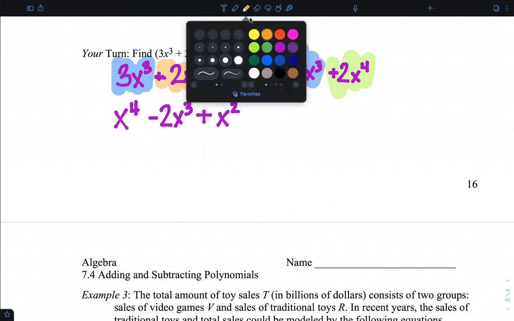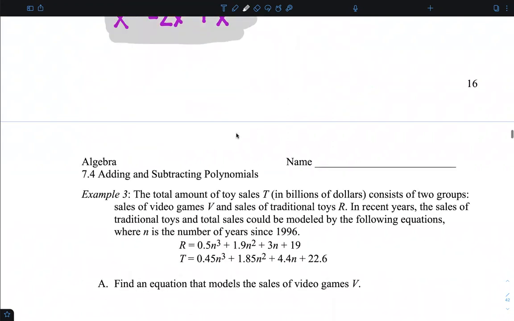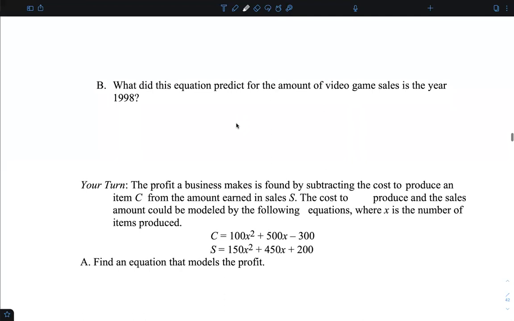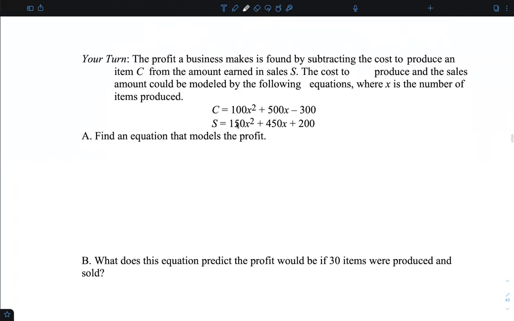All right, so for this one, if I did everything correctly, you should get x to the fourth minus 2x cubed plus x squared. All right, last example. Definitely not going to be, well, maybe I'll do the your turn. That would be a lot easier to write. Okay, probably going to do this one with you guys,